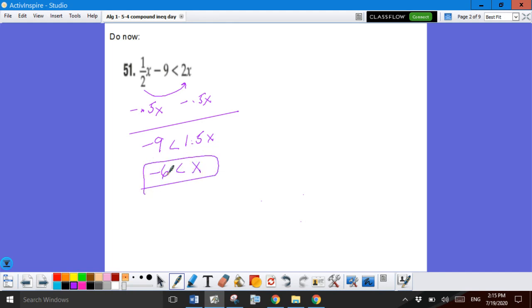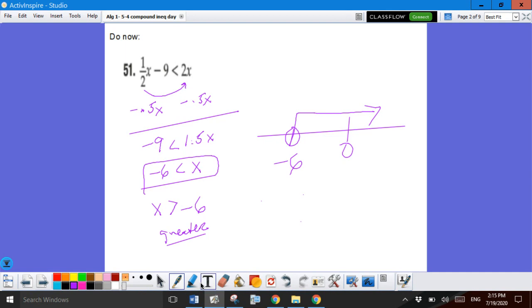Now, keep in mind that this is actually x is greater than negative 6. Remember, we always read from the variable. So I have 0, I have negative 6, I know I'm an open circle and to the right, and if I'm highlighting solutions, I'm looking at the numbers to the right. Okay, so compound inequalities